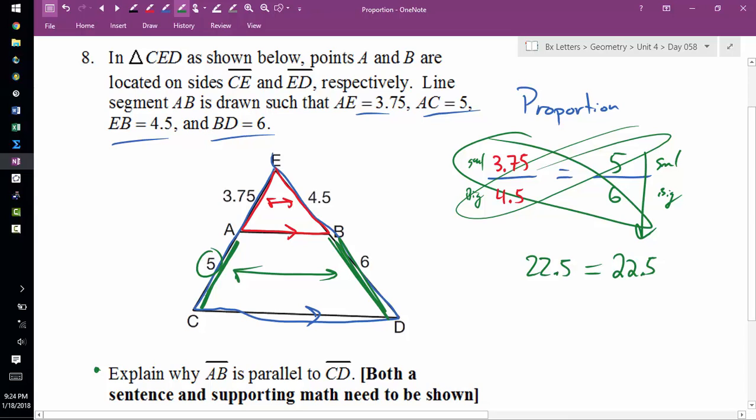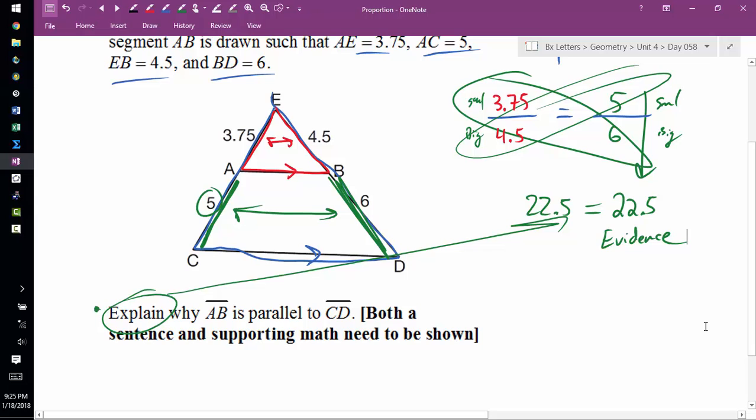And you need to have this work shown, because in your explanation, you're going to say, hey, the sides are in proportion. And this is your evidence for making that claim. So now that we've got our evidence, now we need to write a sentence. So we're going to start by saying exactly what they want to hear. We're going to repeat that. We're going to say segment AB is parallel to segment CD because